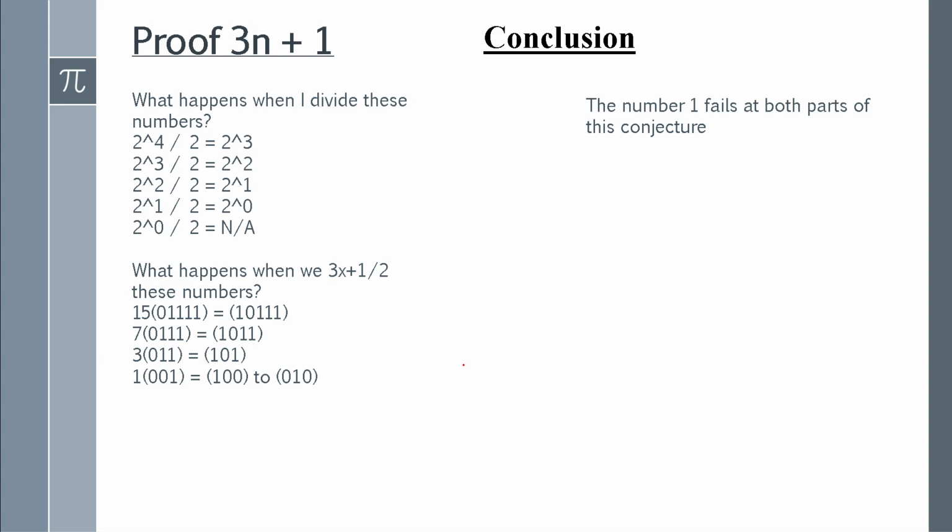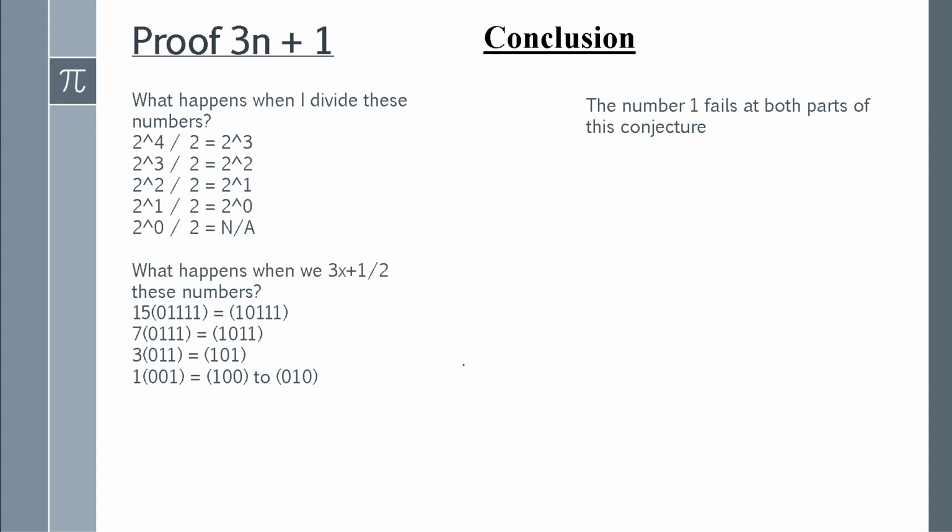Right, when we're talking about this conjecture, if it's even, we're going to divide by 2, and if it's odd, we're going to multiply by 3 and add 1. 1 fails at doing either side of this, right? It should be dividing by 2, but because it's odd, we don't try to do that. We plug it into the odd formula, and the odd formula is incapable of,